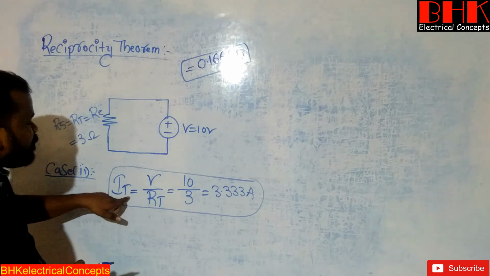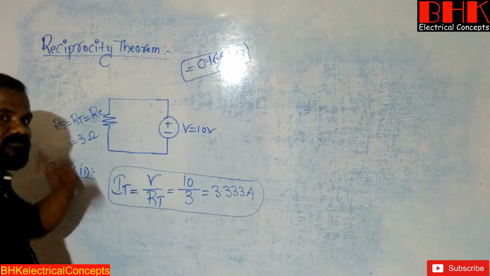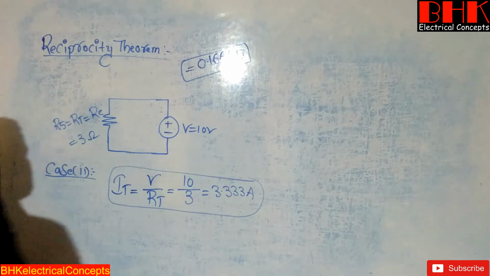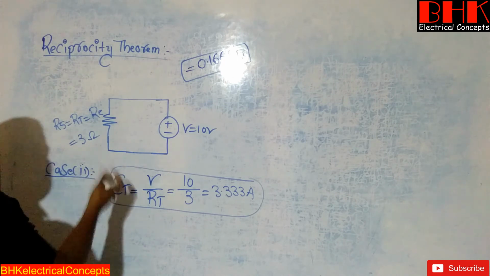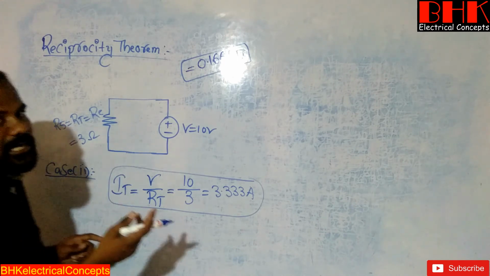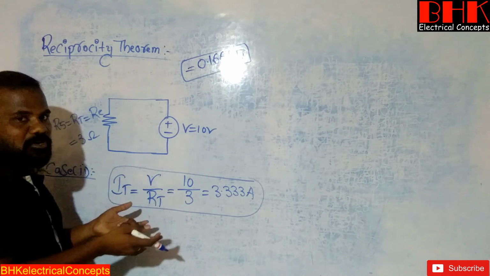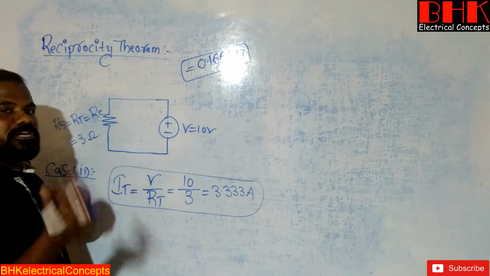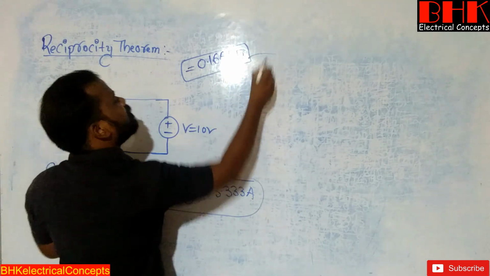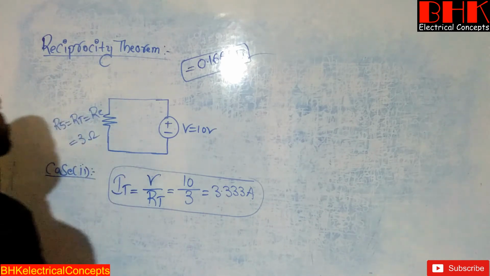Now if you know the value of total current, then go for the calculation of the divided current in R1. Now go for the actual diagram. From the actual diagram we need to find the value of load current, or we can also call it the response. If you know the response, then take the ratio of output to input. Again we need to get the same value, then only the reciprocity theorem will be satisfied. Clear?